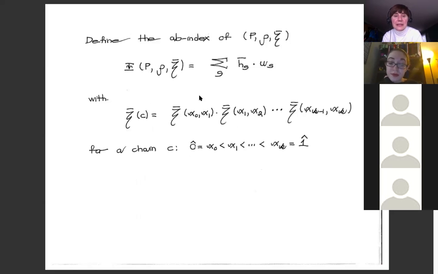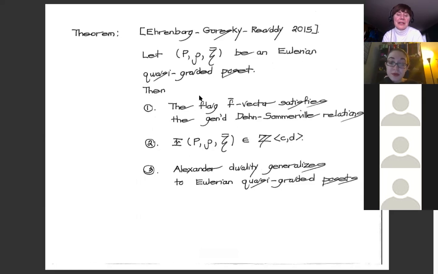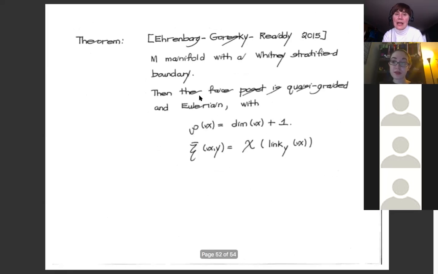Let's see, and then this just tells you how to compute the AB index. The fact is that in this Eulerian setting, we have this flag f-bar vector satisfies generalized Dehn-Sommerville relations. We have a CD index, and then Alexander duality, which you have in Eulerian posets, also works in this quasi-graded poset setting. And what we get is, as a corollary back to the geometry, for example, the winking torus,